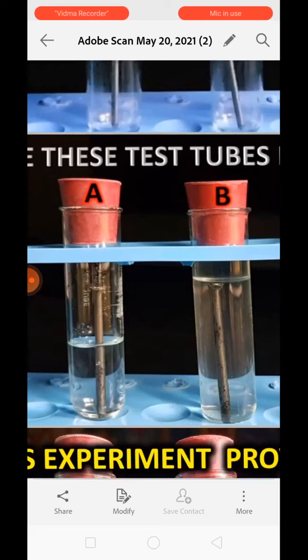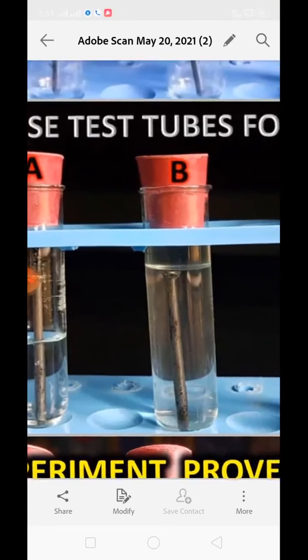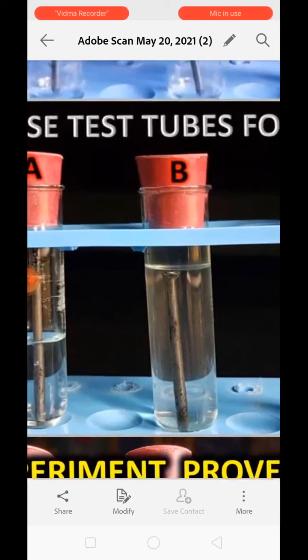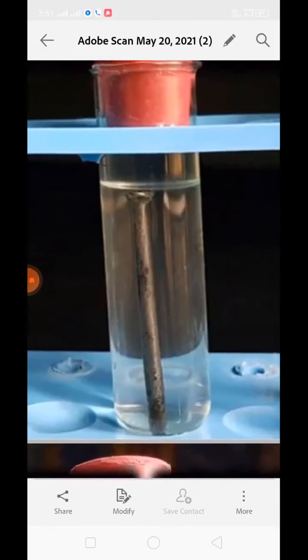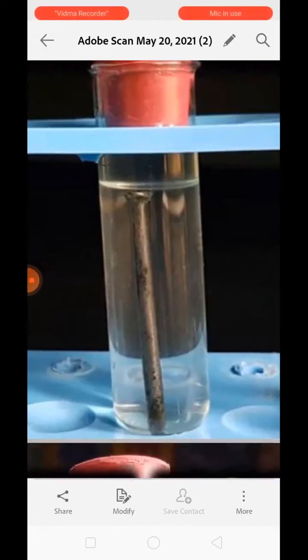In the second test tube, we have used boiled water along with mustard oil. We use boiled water so that all the dissolved oxygen can be removed from the water. When we heat water, the dissolved gases present in the water expand. Because of expansion, they become lighter and rise up and ultimately leave the water. So the water becomes free of oxygen. In that condition, we pour the water into this test tube and then add a few drops of mustard oil. Why?